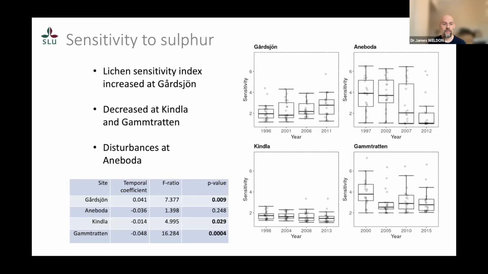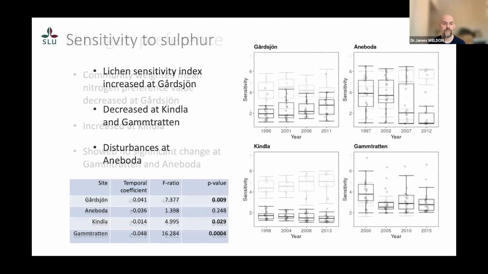Again, at the Ona border site, after 2005 it becomes very difficult to interpret these results because of these extensive disturbances. We ended up with a very heterogeneous habitat with some pockets of intact forest and very extensive disturbed areas. So it's very hard to make conclusions from the Ona border site.